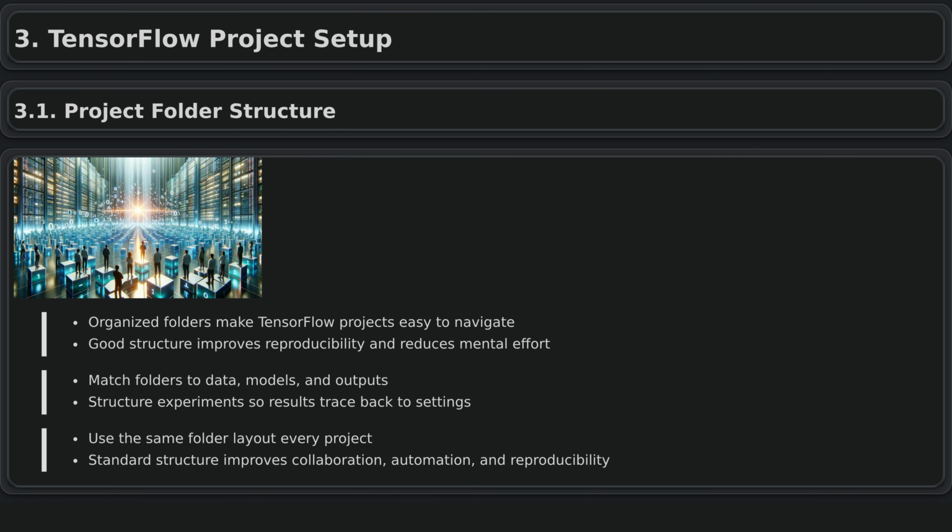TensorFlow project setup. Project folder structure. When starting a new TensorFlow project, it is important to organize your files and folders in a clear, consistent structure. This makes it easy for you and collaborators to find data, models, and results, and to see which code and settings produced each model. Good organization is especially important for complex tasks like image classification or time series forecasting, where